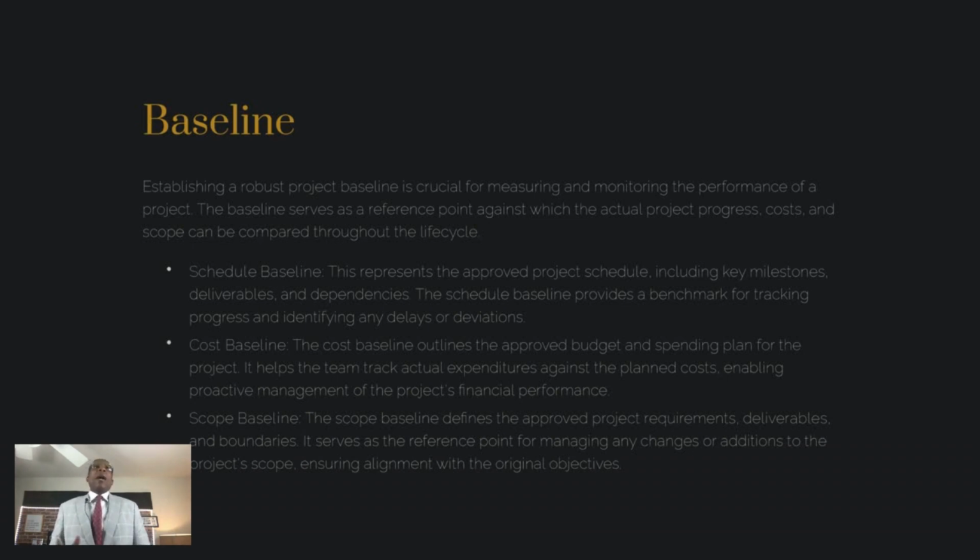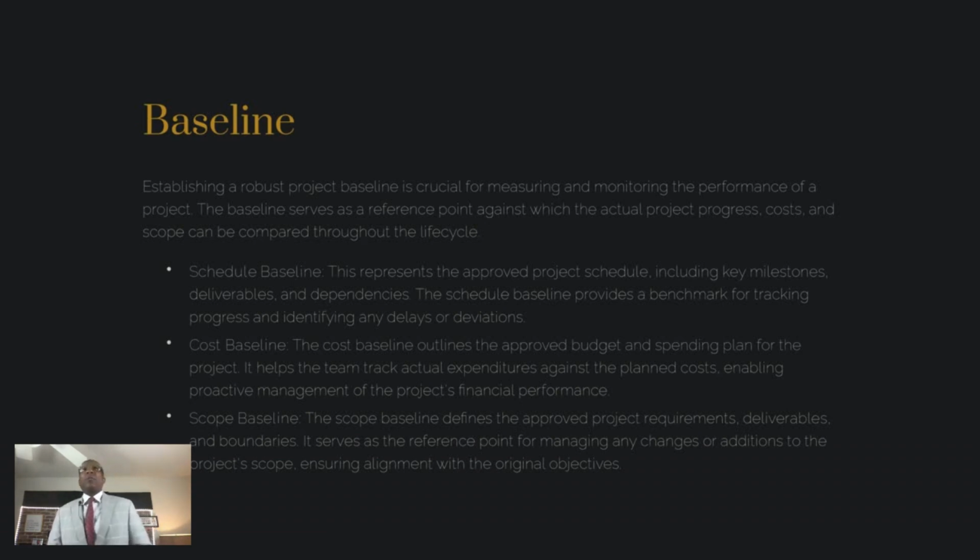Now, when that changes, I've seen this happen where we were expecting equipment to be there a month earlier, and it ended up being 3 months late. And so we literally had to go back. We had to go through CAB and get a change, because anytime one of these items is impacted, if the schedule baseline is impacted, you can bet that the cost or scope is potentially going to be impacted.